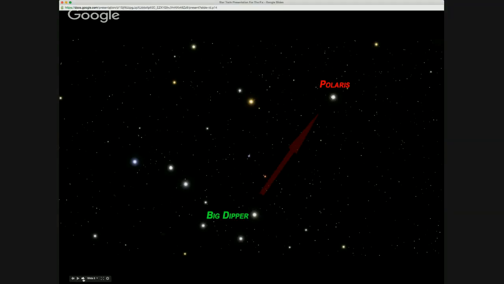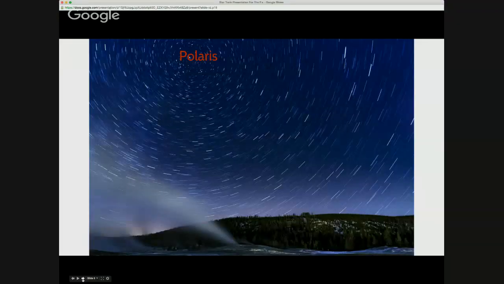The important one, though, for your star trails kind of photo, I would argue, is composition. If we want arcs and swirls, at least in the northern hemisphere, we need to aim the camera towards Polaris, towards the North Star. Now, I made this little example using an app on my iPad, but basically, if you can find the Big Dipper, find the cup of the Big Dipper, at the end of the cup, follow it up, it will point to a not super bright star, but a pretty defined star. That's Polaris. And the reason this is important for today's discussion is if we want that arc around a central point,